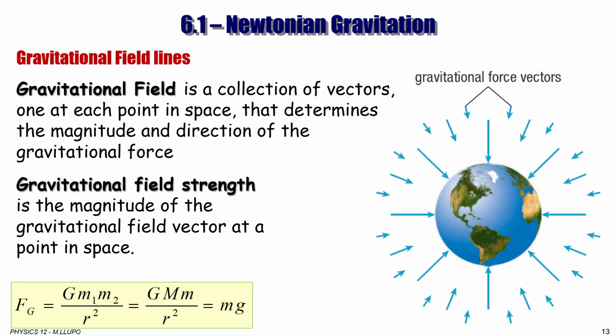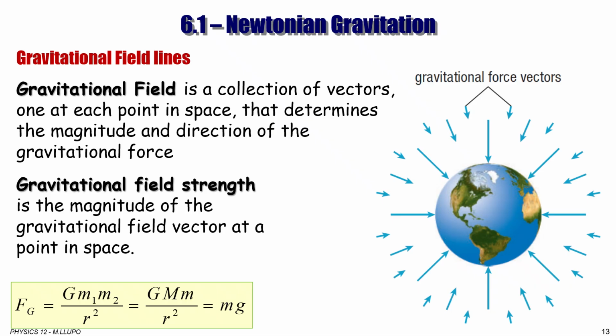How can we determine the magnitude of the gravitational field strength? We will do it by making the universal gravitational force that we learned from Newtonian gravitation and the normal gravitational force formula that we learned from Newton's second law